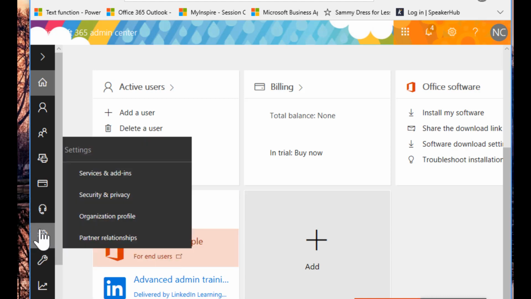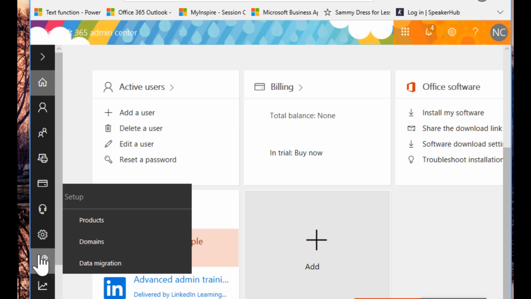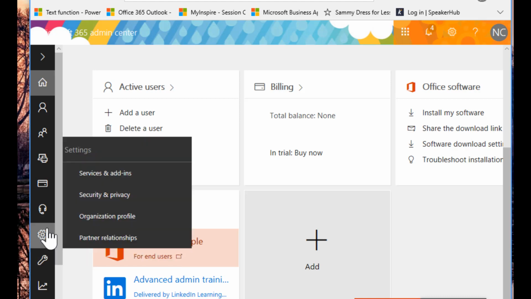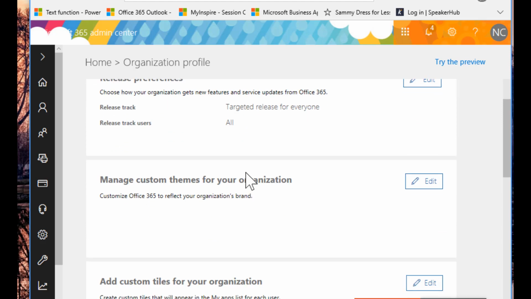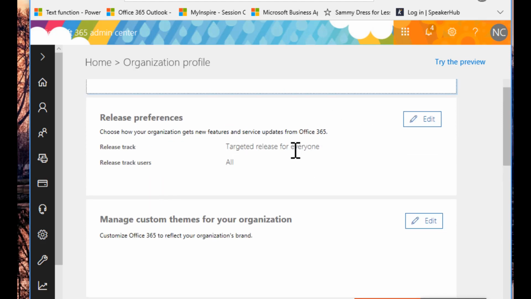Add-ins and services, security and privacy, partner relationships, they added that there. But one of the things I want to show you here is your organization profile. The reason I want to show you this is because there are a few things here that you should know about. Not only can you put your organization information in here, you can also choose how your new features are going to be